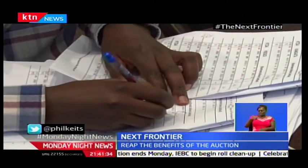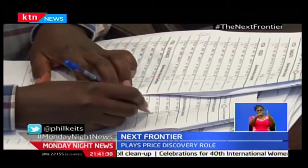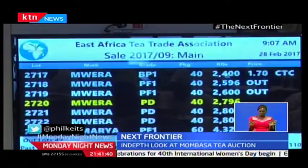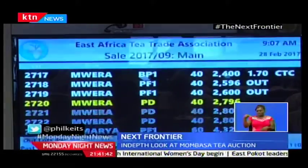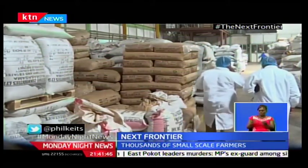The catalogs have a standard format and are comprised of several items, that is, lot, factory mark, grade, invoice, number of packages, package type, net weight, and weight per package. We get the samples 2 weeks before the auction. During the 14 days, we have enough time to taste the teas and look for what we want to